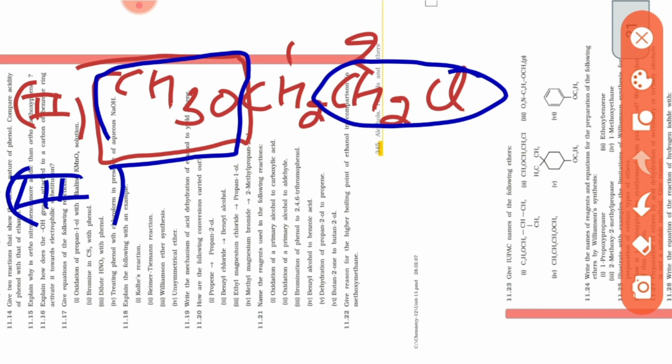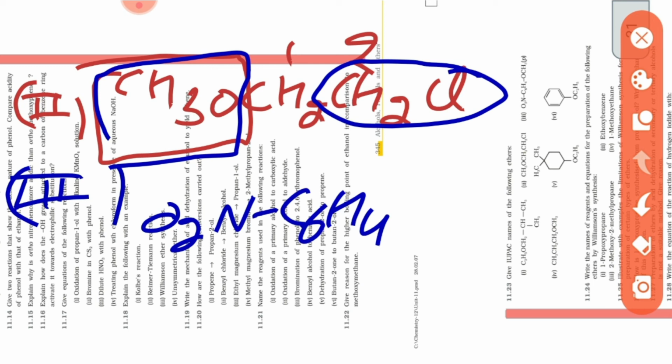Now you see number 3. Number 3, what did they tell you? NO2, sorry, C6H4, then OCH3. Then in the bracket they have written P. But I will explain this one. It's very easy. When they write C6H4, what is it? It means 2 hydrogens of benzene are replaced. Means we're going to make a benzene. One is NO2 and P means para. Means this OCH3 is at the para position. Clear?